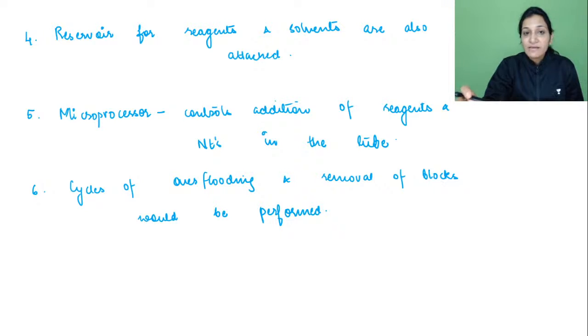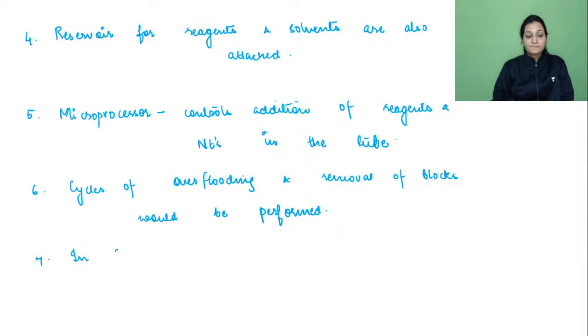Now the desired sequence is entered on a keyboard and the microprocessor automatically opens the valves of the nucleotide reservoir, chemical and solvent. Whichever sequence we have given will be responsible for opening and closing of that particular reservoir. So in the gene machine, the nucleotides are added into the polynucleotide chain at a rate of 2 nucleotides per hour, not more than that. So rate is very important.